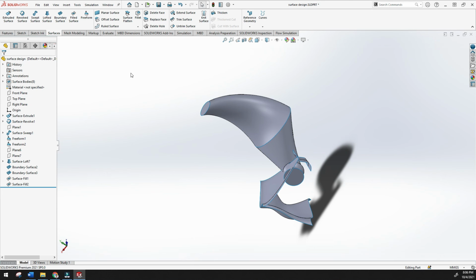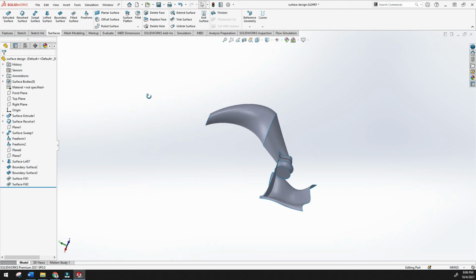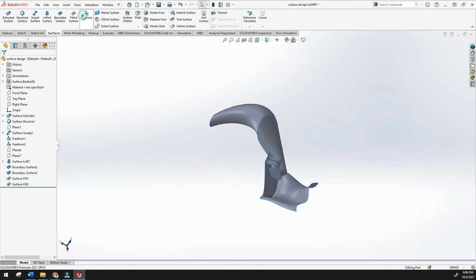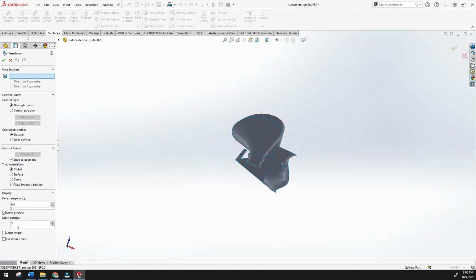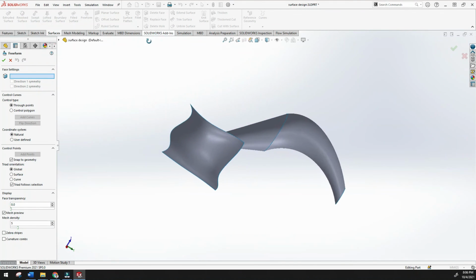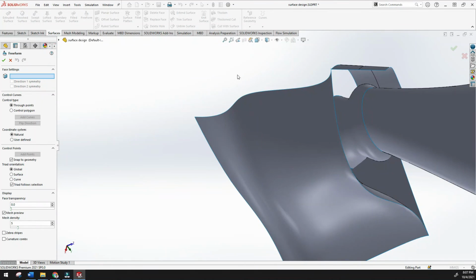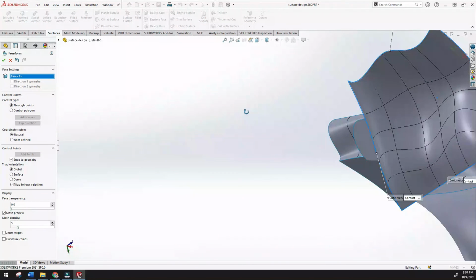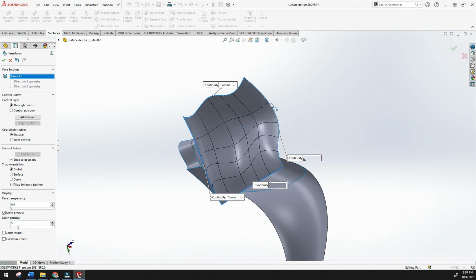Actually the final one is free form. So free form, what does it mean? So just click this one. Free form means you will have some mesh surface, and by using these mesh connectors, you can modify and manipulate the surface. So my design is looking like this, this surface. Now it is asking which surface you want to work on. Once we click it, it will create a mesh. See, here it is a rectangular square type mesh. There are many connectors here.